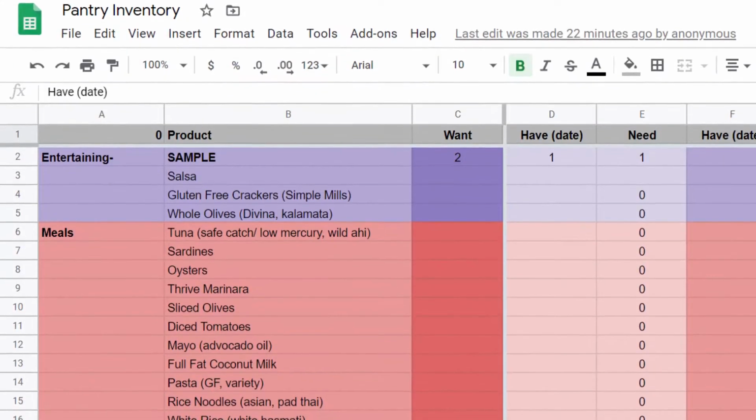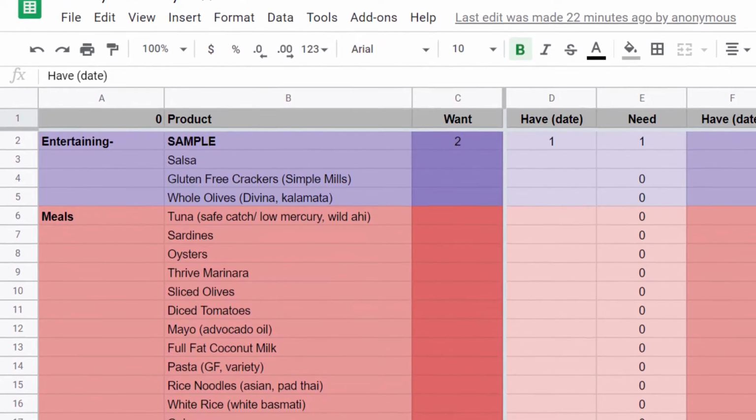Also, you could include spices. I actually include herbs and spices on my pantry checklist. Let me make sure I didn't forget anything. Canned seafood is another one that you might want to include. And then I like to include cleaning supplies, but you'll hear later why I order from Thrive Market. Basically my inventory is everything that I know I purchase from there, so that's why I include some things like hand soap and some of those items.